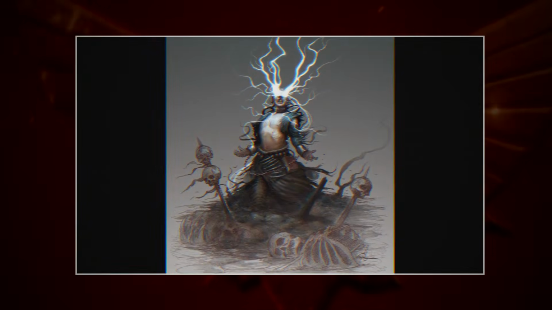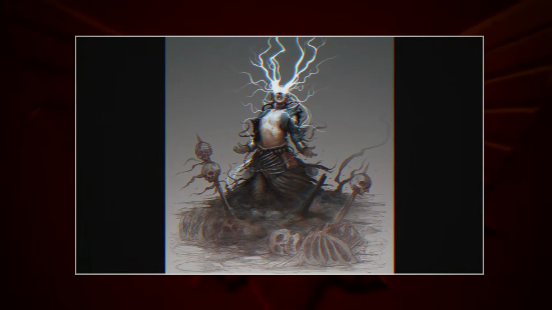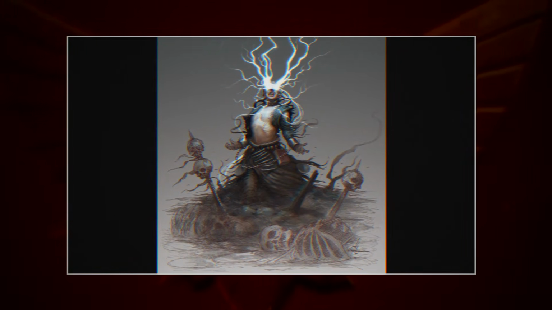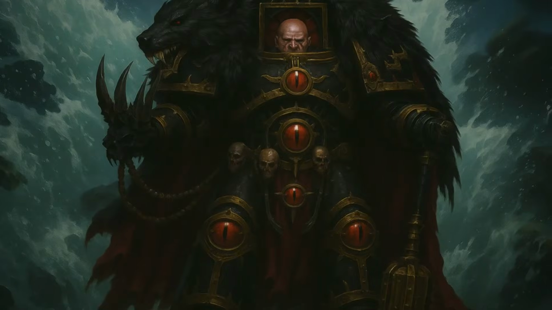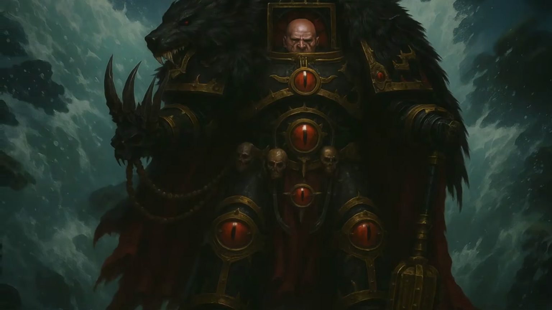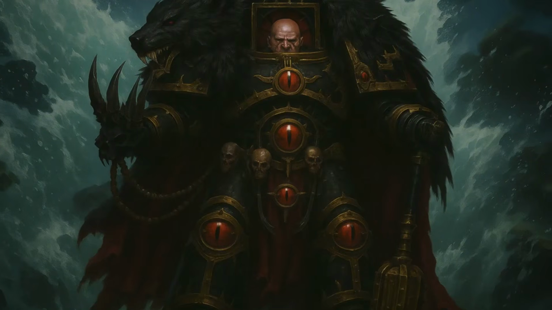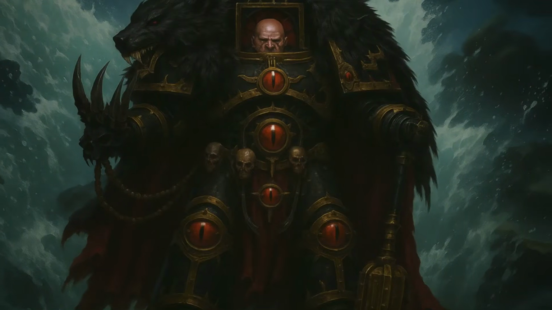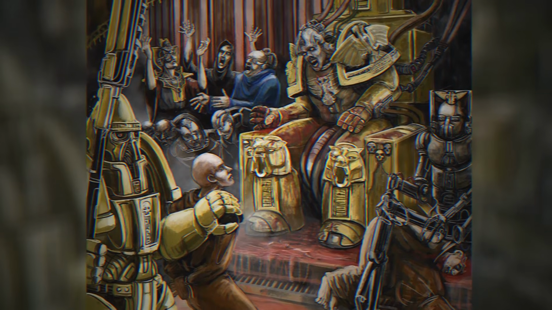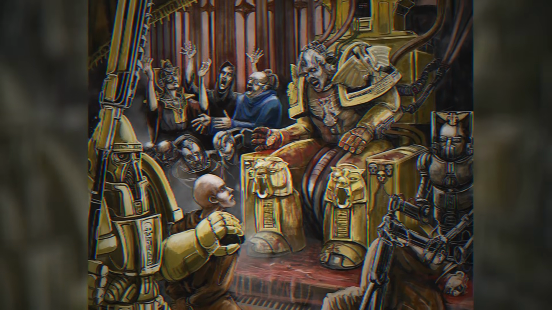Without the guidance, training, and control mechanisms that a unified human empire might have provided, these psychers were often uncontrolled and incredibly dangerous. Their powers, manifesting spontaneously and violently, could range from destructive blasts of energy to the ability to manipulate minds, conjure illusions, or even open tears in reality. Feared and persecuted, yet often worshipped as gods or demons, psychers became a common and terrifying presence on many worlds.